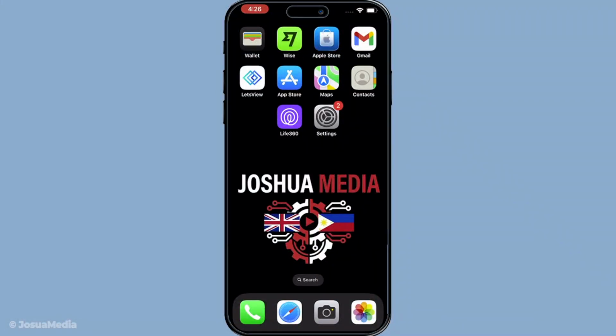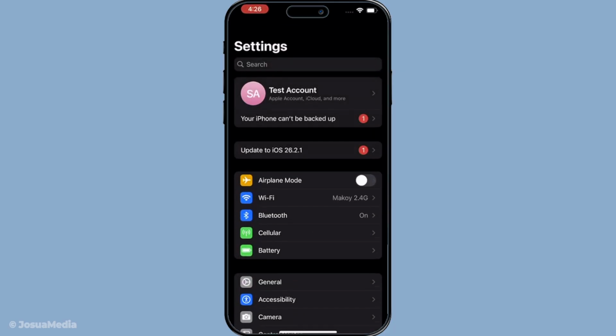In today's video, I'm going to teach you how to switch clock format on iPhone, 12-hour and 24-hour time system. Alright, let's get started. From your home screen, the first thing you'll want to do is open the Settings app